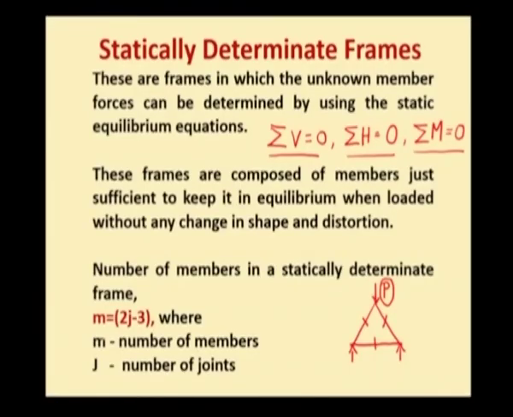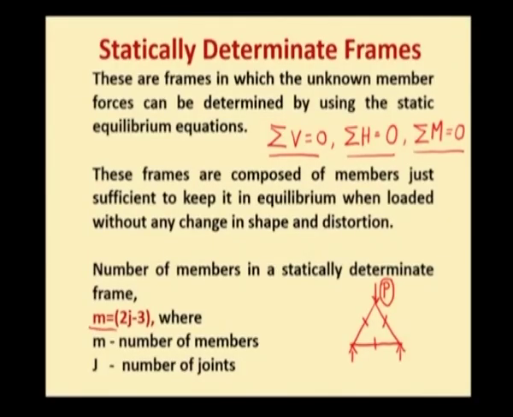Now, these statically determinate frames are composed of members which are just sufficient to keep the frame in equilibrium without undergoing any distortion or excessive deformation. Also, the statically determinate frames will satisfy the following condition: the number of members in the frame, m, will be equal to 2j minus 3,